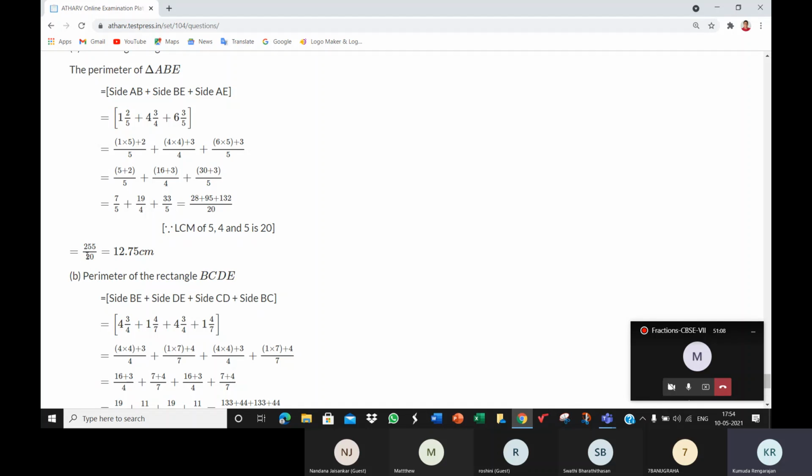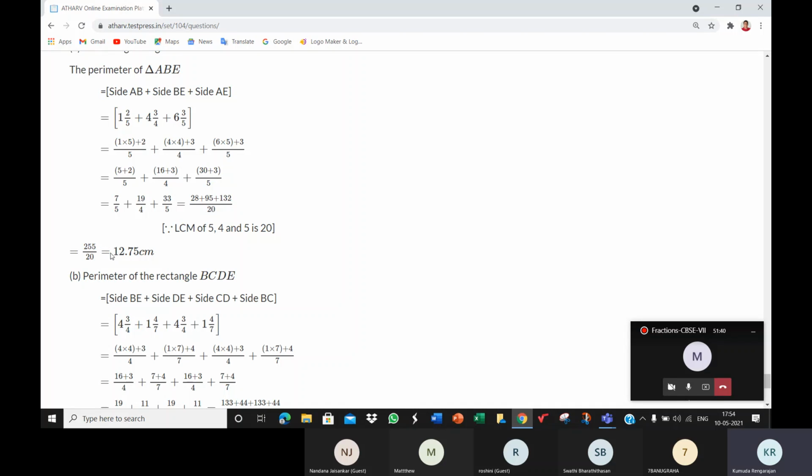Here it is 5. So work out 255 divided by 5. You can do it in your mind, or do the division in the rough column. You will get 51, the quotient, not the remainder. So 51 by 20 divided by 5. 20 divided by 5 is 4. So 51 by 4. To put a fraction in the simplest form, you should divide the numerator and the denominator by the same number.